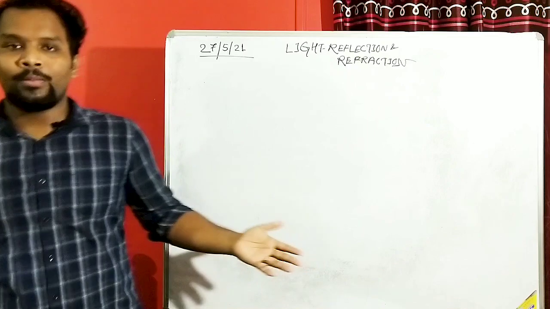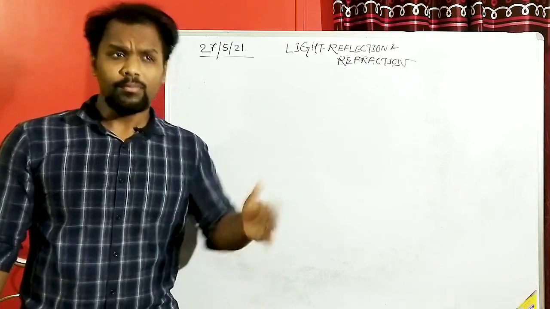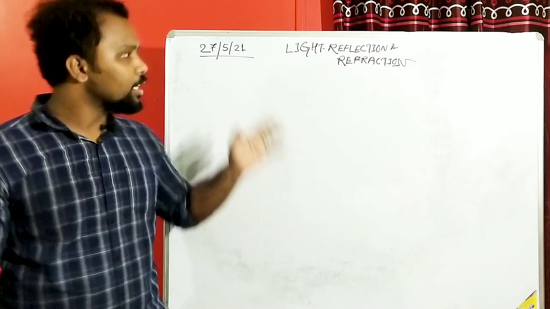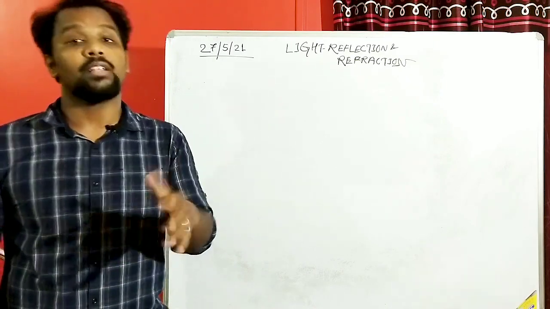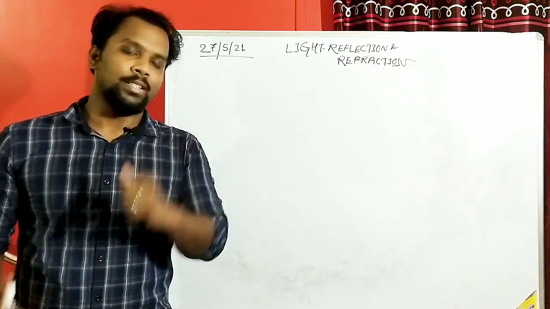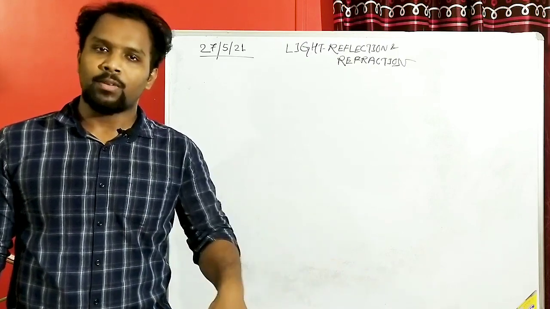In the last video, we also discussed how refraction can occur through lenses, right? After that, we moved towards how an image can be formed using lenses, using the refraction phenomena, right? When we discussed lenses, we got two lenses: one is the concave lens, and the next one is the convex lens.